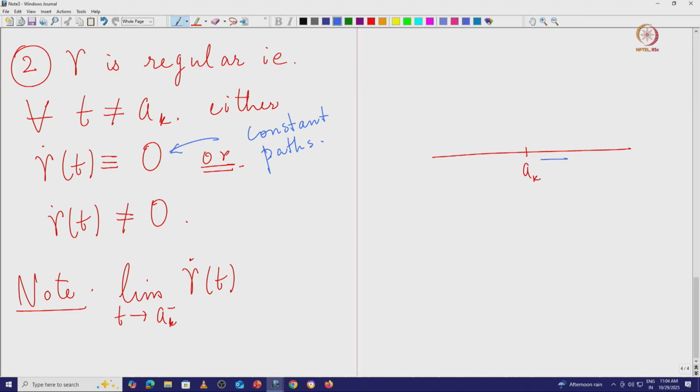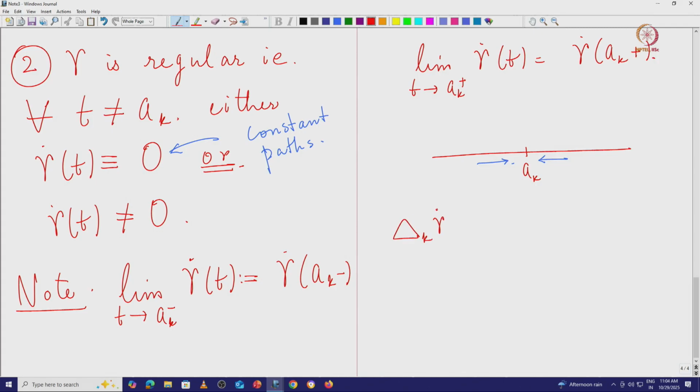So as you approach ak from the right or from the left, these limits exist, the limit of the velocity vector exists by definition of what it means for gamma restricted to a closed interval to be smooth. So we denote this usually by gamma dot ak minus, and similarly the limit as t approaches ak from the right as gamma dot ak plus,